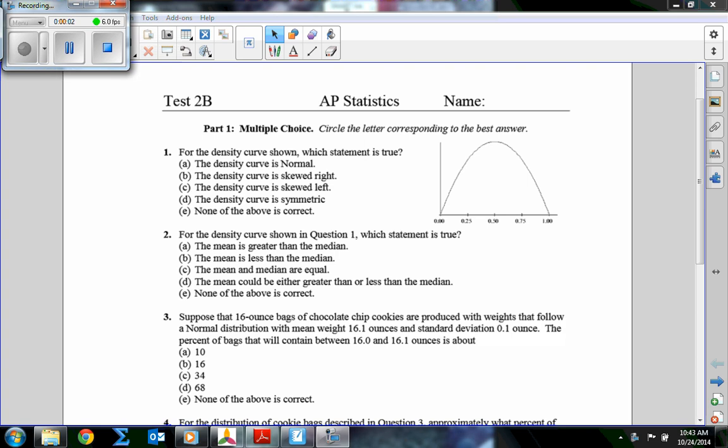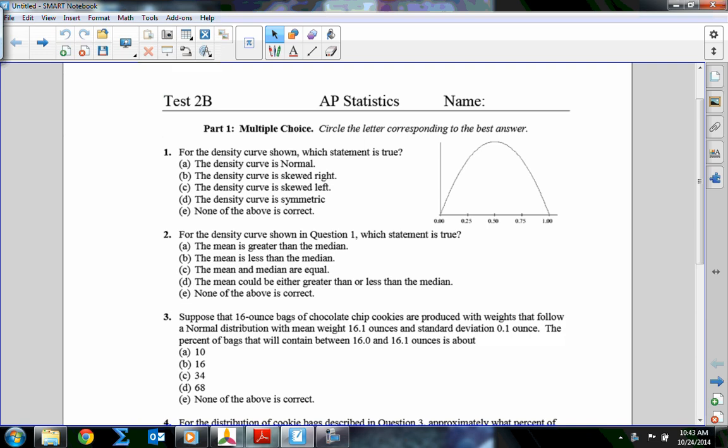So this is our chapter 2 test. It's not a review because we did the test, but going over the test solutions. That's the word I'm looking for. So let's begin. Number one, starting with the multiple choice part, says for the density curve shown, which statement is